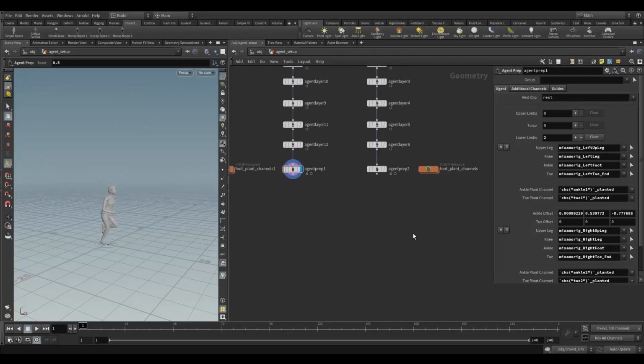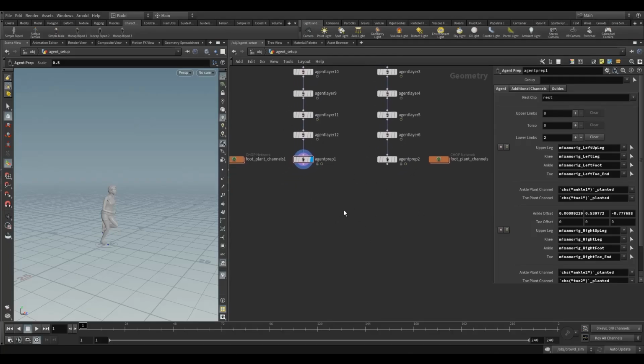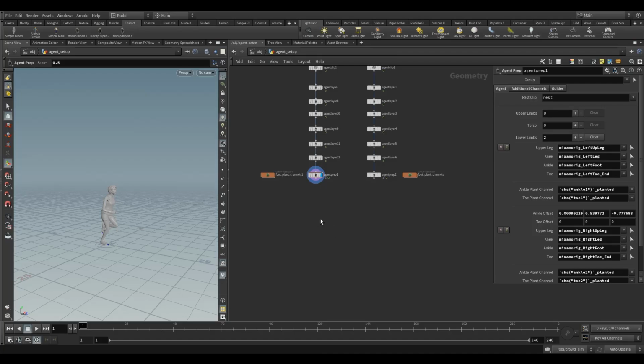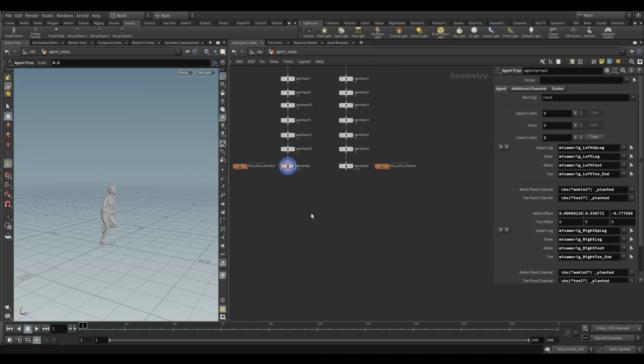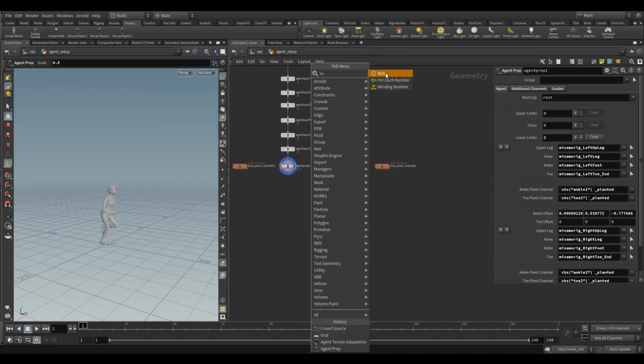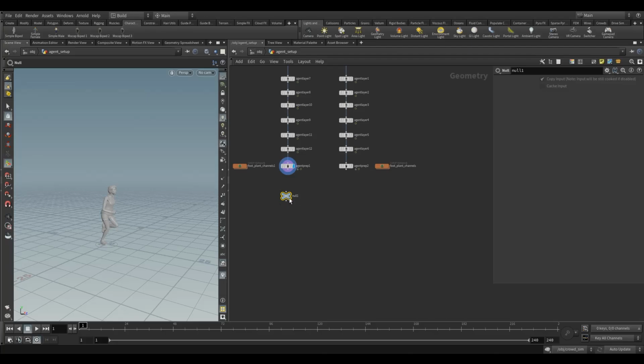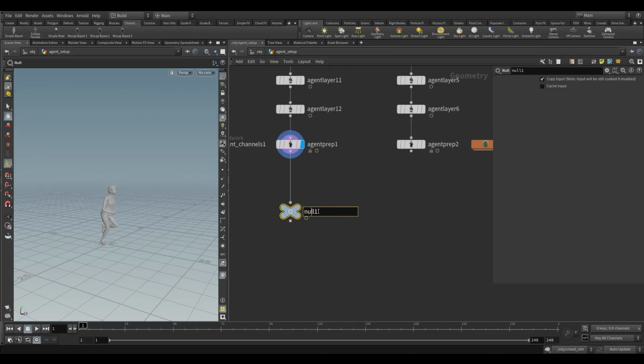Okay, now we're ready to set up our source for our simulation. So we could do it here, but just to be neat and tidy, we'll do it in another geometry node, in another geometry soft network. So I'll call this out woman,